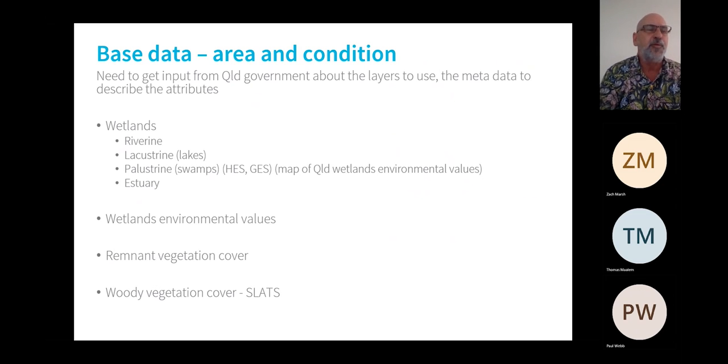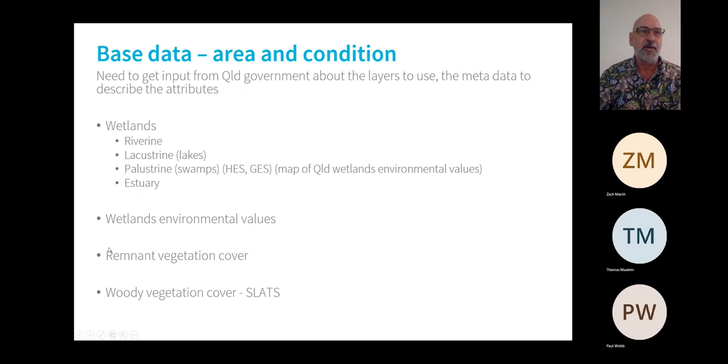So where we're up to is trying to find the most appropriate spatial layers, and then the most appropriate attributes within those spatial layers around the vegetation. So I've got a follow-up task to catch up with the Queensland Government about the different spatial layers we've got here. So we've got a series of wetlands layers that gives us the spatial location of these different wetland types, the wetland environmental values,